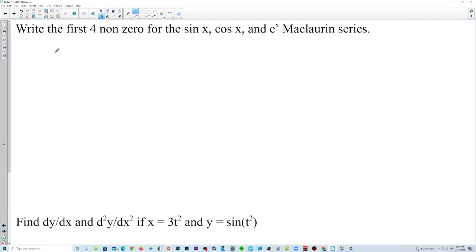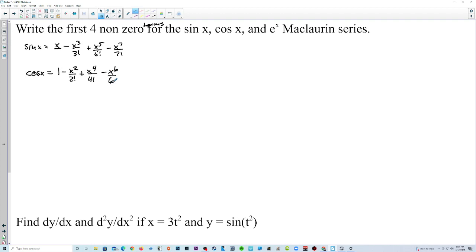Write the first 4 non-zero terms for sine, cosine, and e to the x. So sine of x, sine is odd. So x over 1 factorial minus x to the third over 3 factorial plus x to the fifth over 5 factorial minus x to the seventh over 7 factorial. Cosine is, did I say sine is even? Sine's odd. Cosine's even. So 1 minus x squared over 2 factorial plus x to the fourth over 4 factorial,